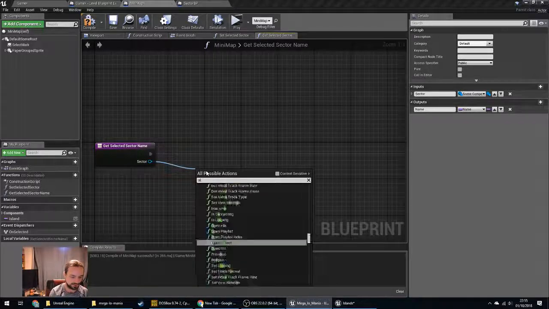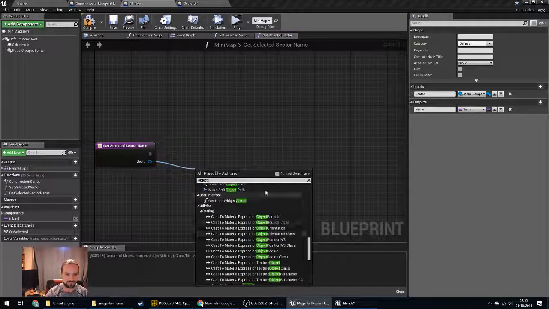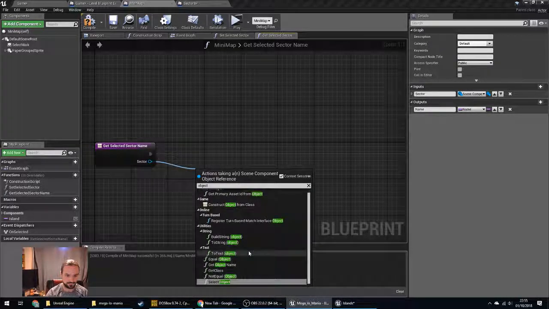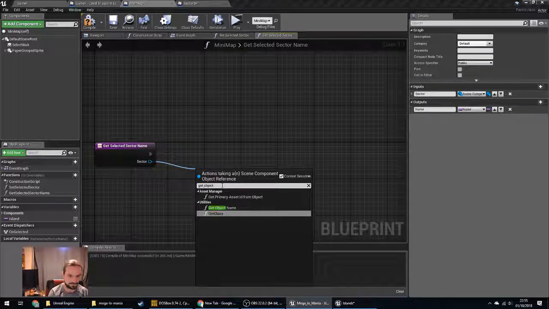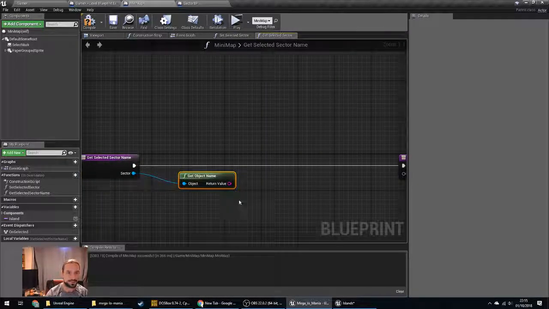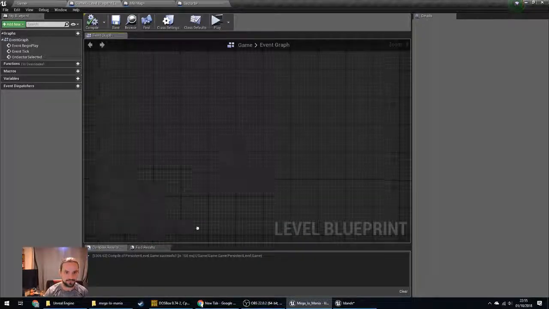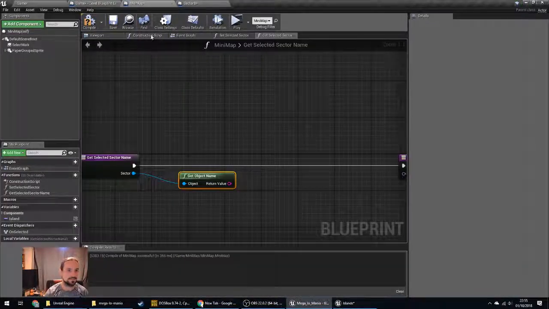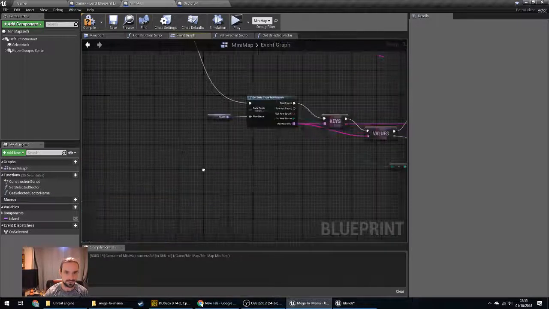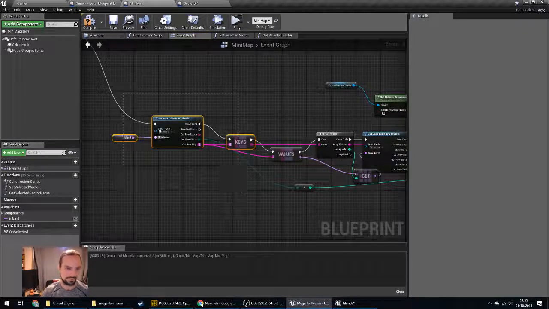Now, scene component's got an object name. Again, I'm not quite sure that we're using the object name right, or we're using it when we shouldn't, but it is working for now, so we'll keep using it. And that returns us a string. Now this is going to be 0, 0, 0, 1, 0, 2, so on and so forth, and those values are actually going to be the same values that we get from the data table, not there in our minimap, in our event graph. So we can take those two pieces,